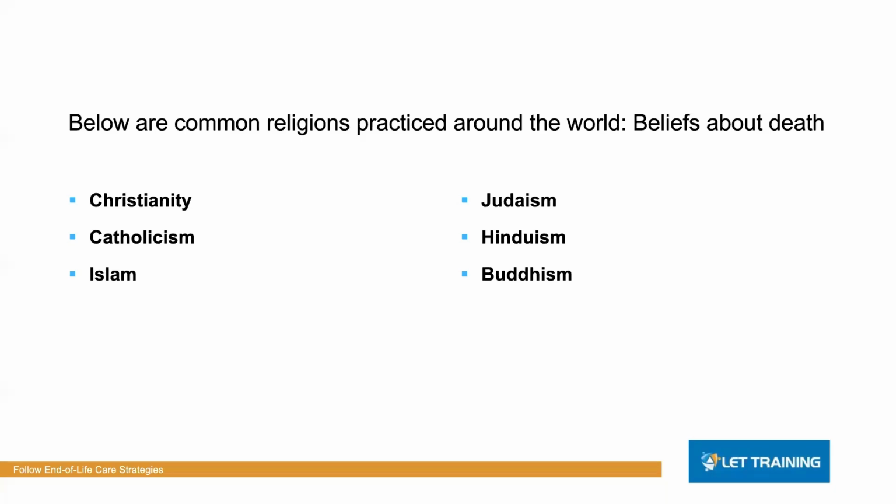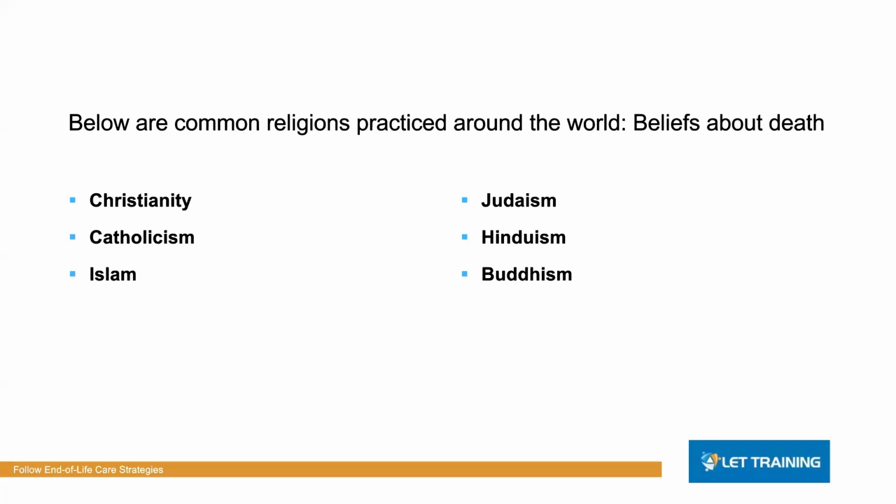Islam: death is not the end, but a transition to the next stage of existence. While on earth, they must endeavor to prepare for the next life that is to come. Judaism: death is a natural process that must be allowed but not hastened. They forbid euthanasia, suicide, and assisted suicide.